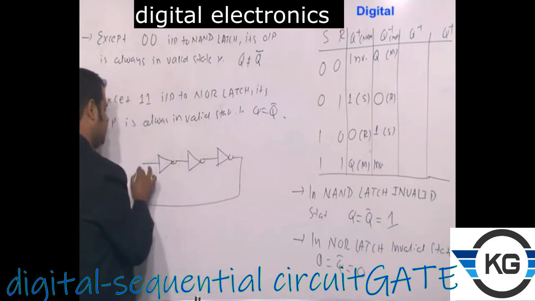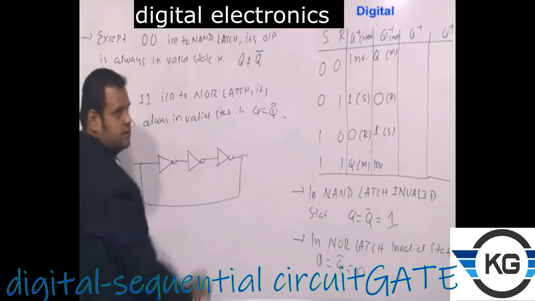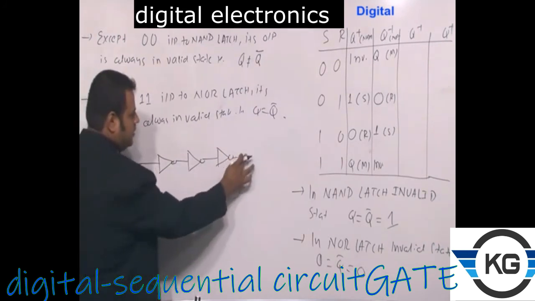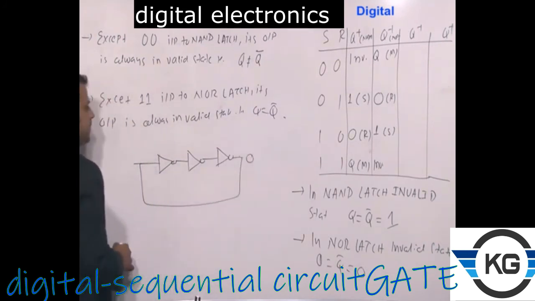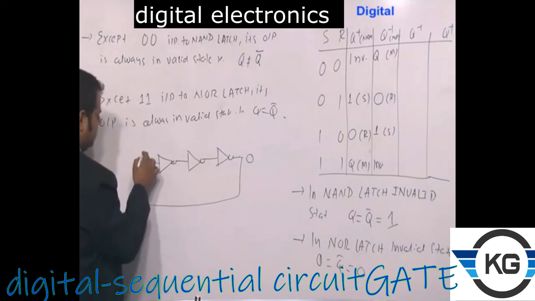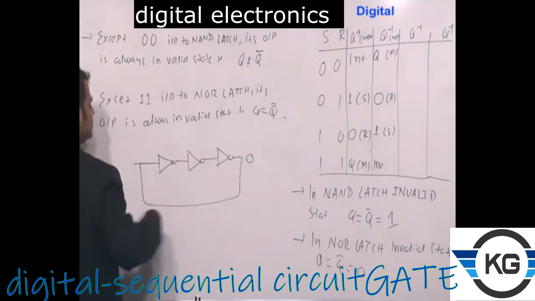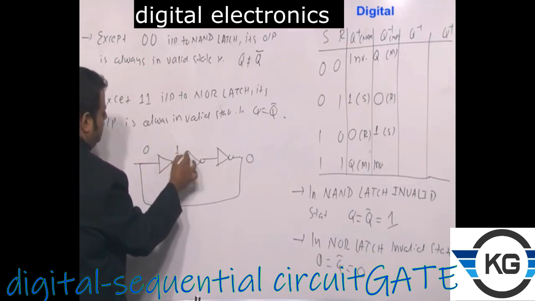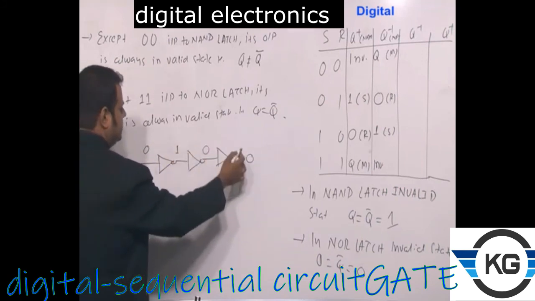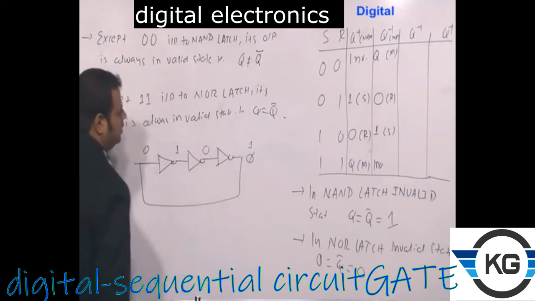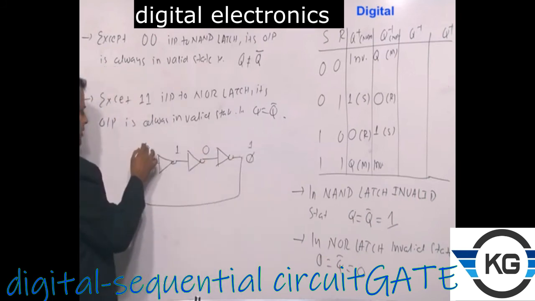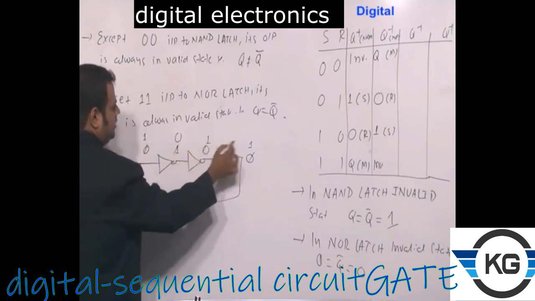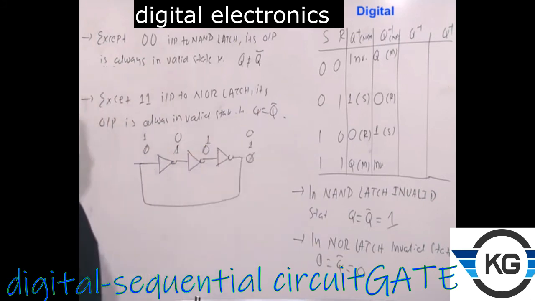So suppose now this is 0. Okay, so you have assumed some initial condition, this will also be 0 because of the short path. After some amount of delay, this will be 1, after some time this will be 0, again this will be 1. So again the cycle repeats, this will be 1, this will be 0, this will be 1, this will be 0, again the cycle repeats.